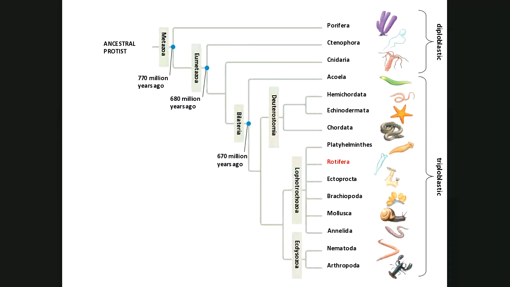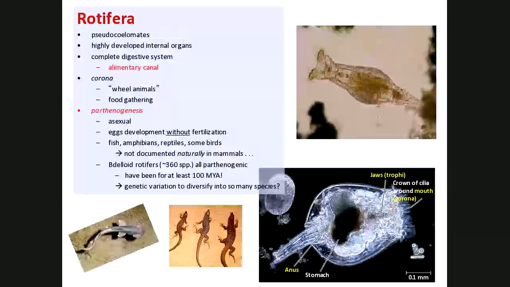Ooh, this group, the rotifers. I only got one slide on the rotifers, and I debate sometimes about deleting them, but I really shouldn't, for a couple of really cool reasons. First of all, let's get the more mundane stuff out of the way. They're pseudocoelomates, so they have a body cavity, but remember it's that technicality, not being lined by mesoderm. And even though they're microscopic, there's a picture on the right of one, and you're often confused into thinking they're a protozoan. They're not a protozoan.